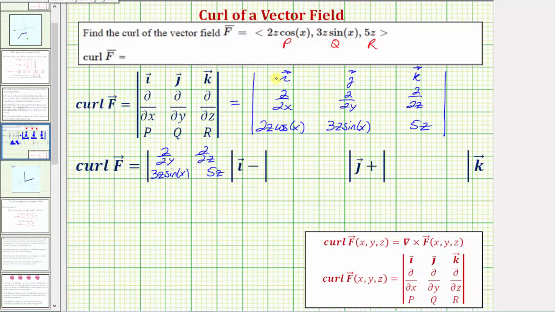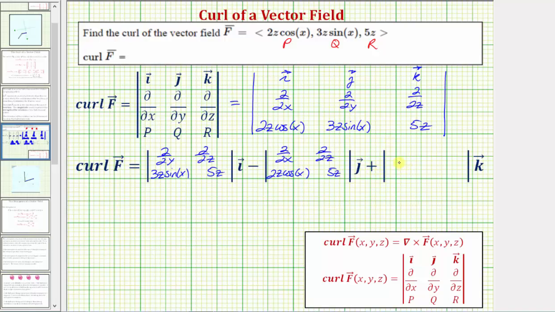minus, for this 2 by 2 determinant, we eliminate the row and column of the j vector, so we eliminate row 1 and column 2. The remaining elements make up this 2 by 2 determinant. So we have the partial with respect to x, partial with respect to z, 2z cosine x, 5z,